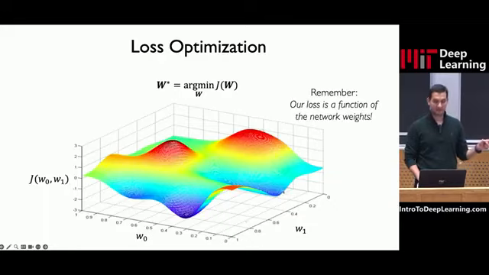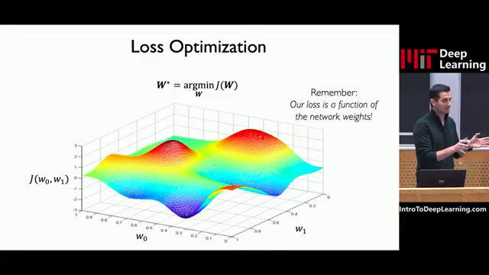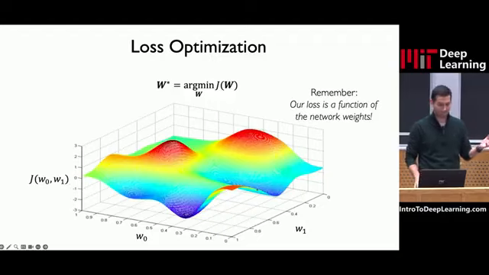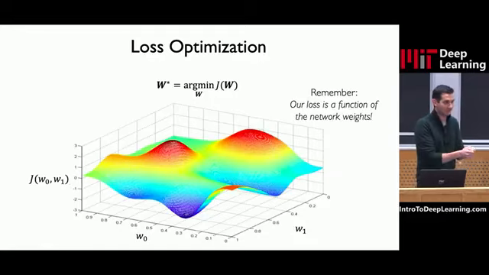So on here, you can see a visualization of, let's say, again, a 2-parameter neural network, just 2 parameters, W0 and W1. For any configuration of those 2 parameters, we have a particular value of the loss, which is the height, okay? There are some weights that encourage a really good loss, very low. There are other weights that are really bad losses, right, very high on the curve here, right? And the goal is that we want to find a neural network that has the 2 weights, W0 and W1, that have the lowest loss.